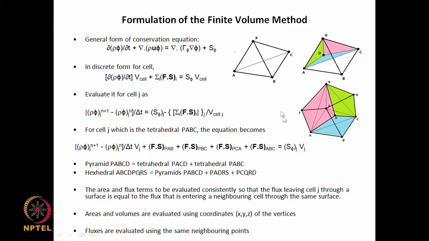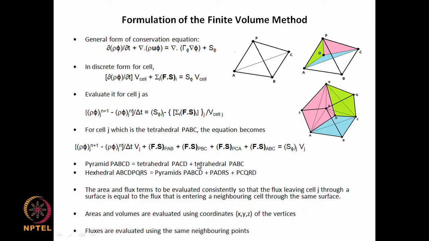So, in all these cases, we are writing the conservation equation as the rate of change of the particular variable phi as a result of the net flux going through the bounding faces and as a result of any sources of phi lying within the control volume. So, with this we can write a generalized form, and by evaluating each of these fluxes and areas and all that, we can come up with